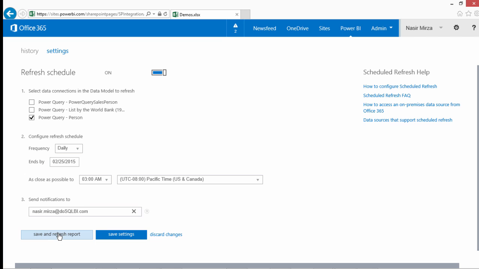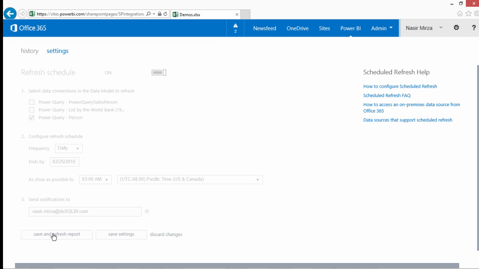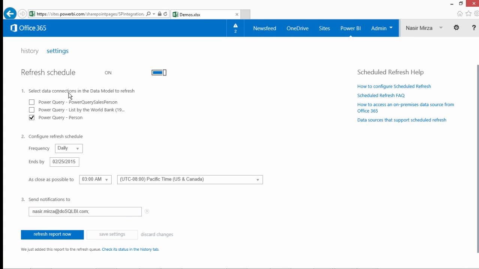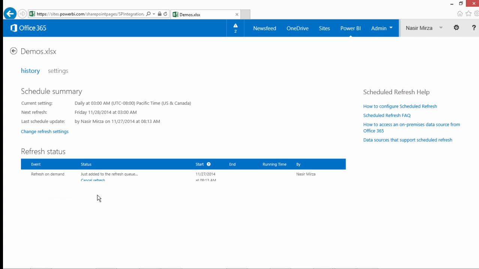save but trigger it manually right now. So I click save and refresh report. I can go to the history here or click this status, which takes me to the history. It just shows that it has added the on-demand data refresh to the queue, and we'll wait to see its